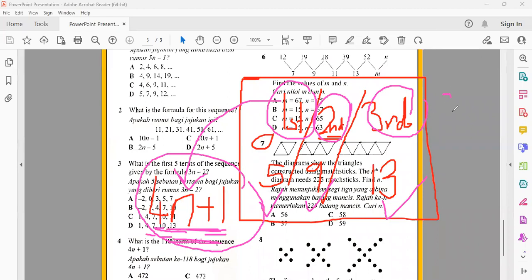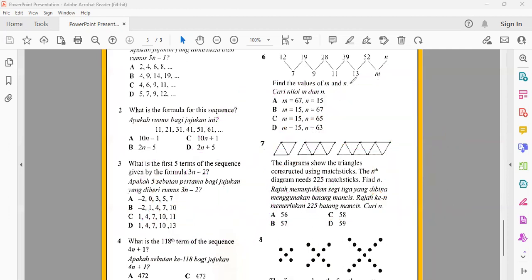You got to figure this out. The first term, the second term, and the third term. The mistake that was done earlier was we looked at the triangles. That's my bad. Okay, so look at the term. First term, second term, third term, giving you 5 matchsticks, 9 matchsticks, 13 matchsticks. Thus, you can create your formula, 4n plus 1. I'm clearing this off to show you now. 4n plus 1 must give you